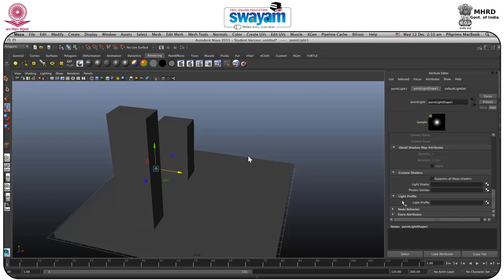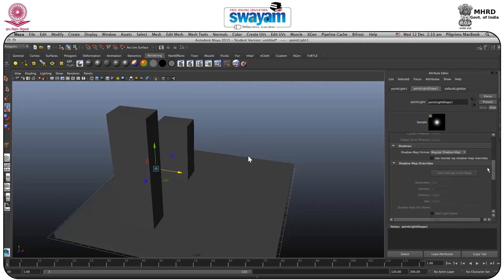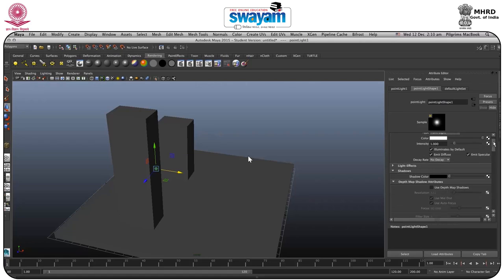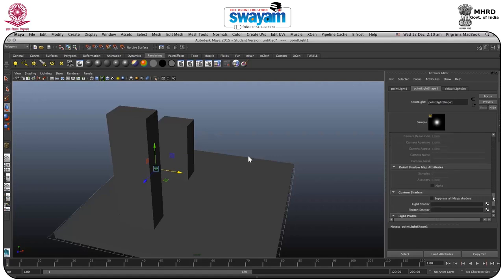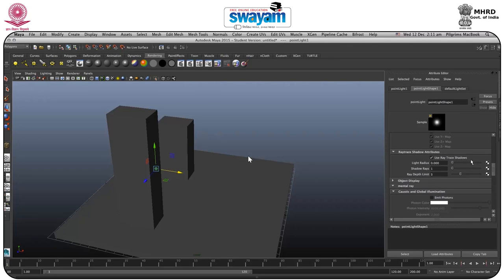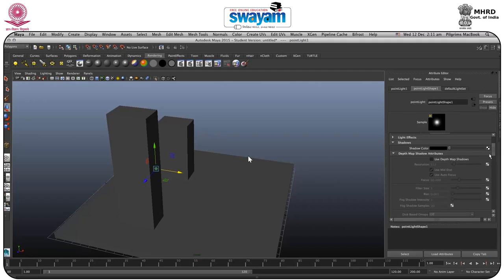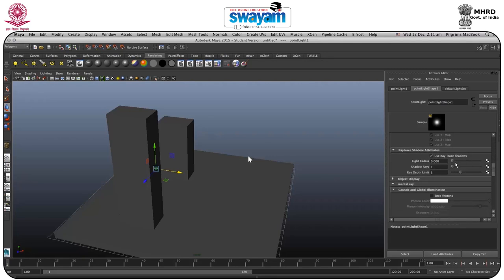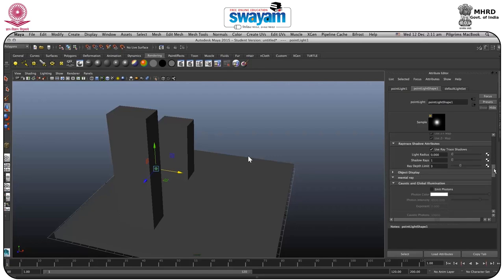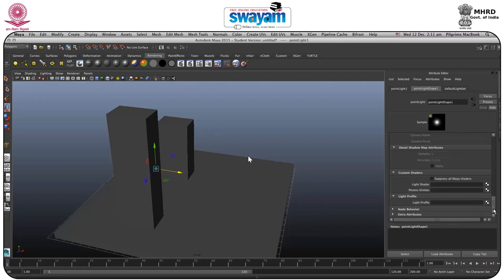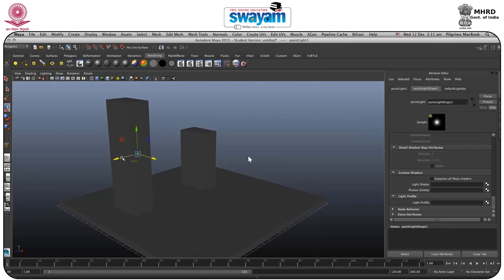at first, before applying the light profile, make sure that your shadow is ray trace, not depth map, because we don't require a depth map. We aren't putting any map here, we just require the proper ray trace shadow. So we will just have the ray trace shadow, and we don't require caustics and so on because we don't have a reflective surface here. And just go here,